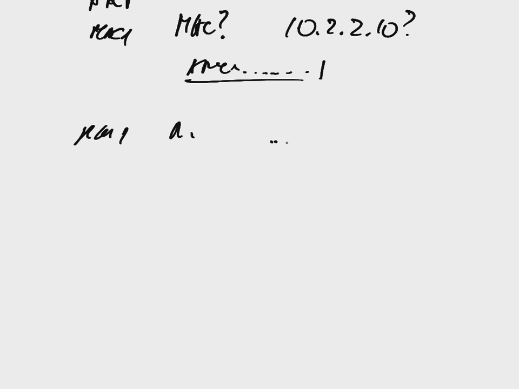What it does, in general, is ask, for example, what is the MAC address for IP address, let's say, 10.2.10. And some of these devices say that the MAC address for IP address 10.2.10 is, let's say, ABCDE and so on. So then it knows that if it is reachable locally, it sends from its source MAC address 1 to ABCD, with its IP address to the target IP address.